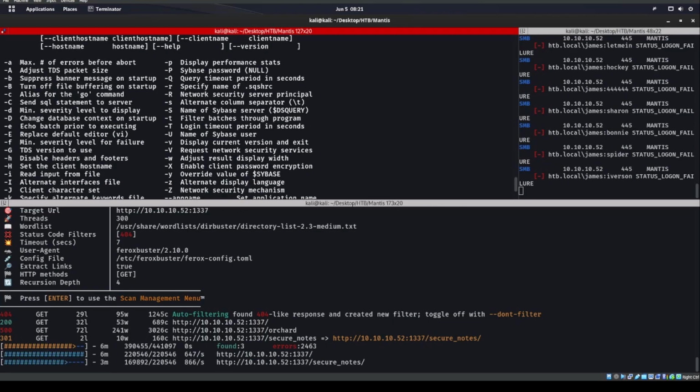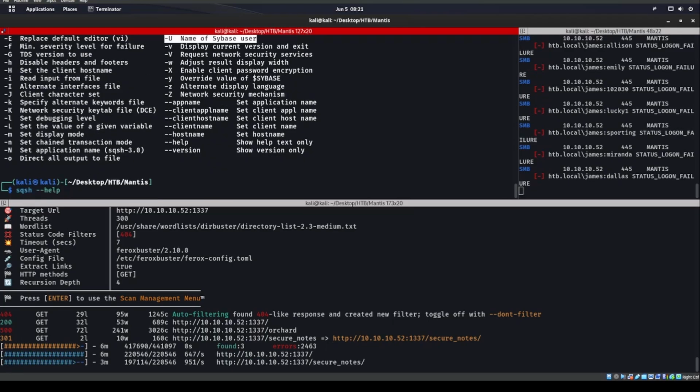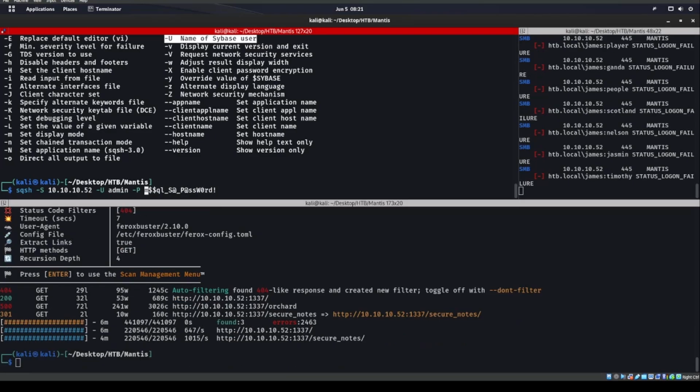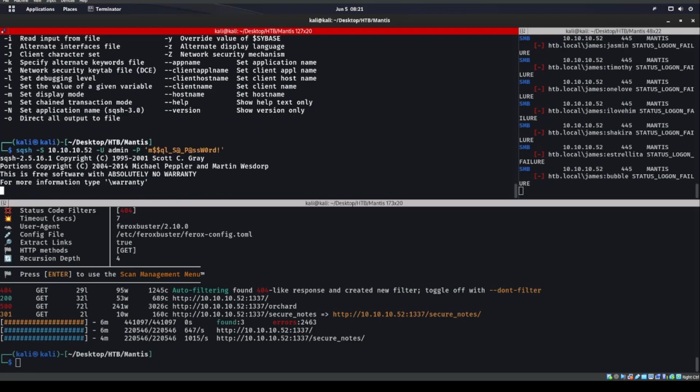Okay, name is sysbase. Name is sysbase user. And I take it -P is password. Is sysbase password. So is it just -S 10.10.10.52 would be the name of the sysbase, right? Sysbase user would be admin. Sysbase password would be that. Is that what we're doing right here? It looks like it. Okay. Now we just need